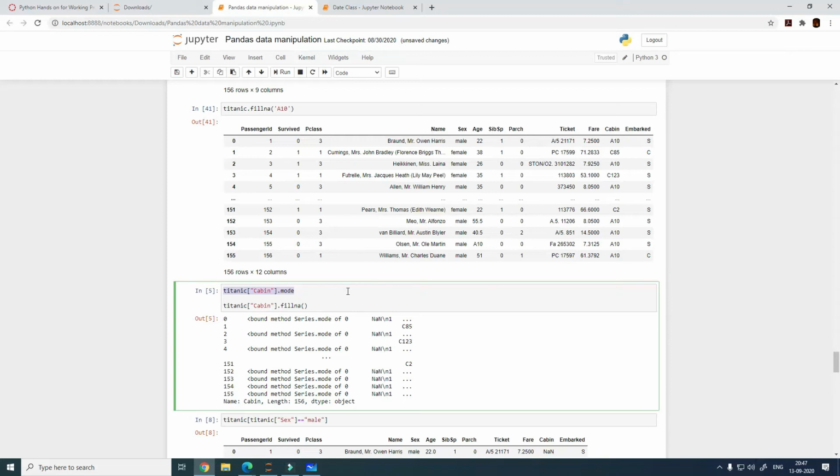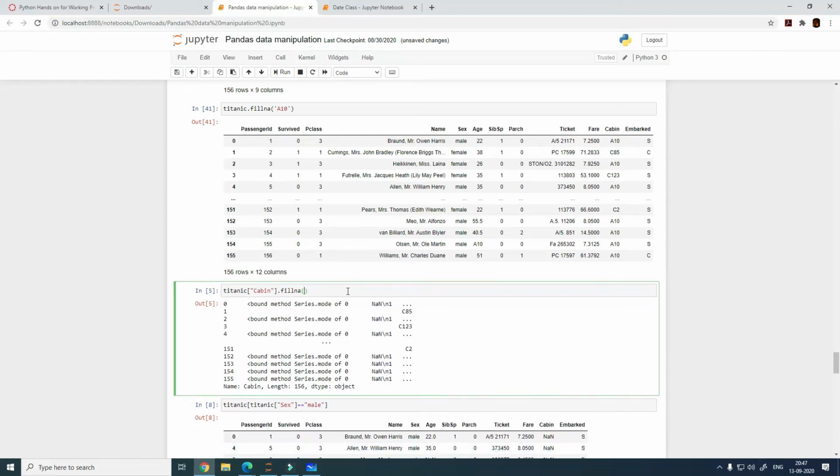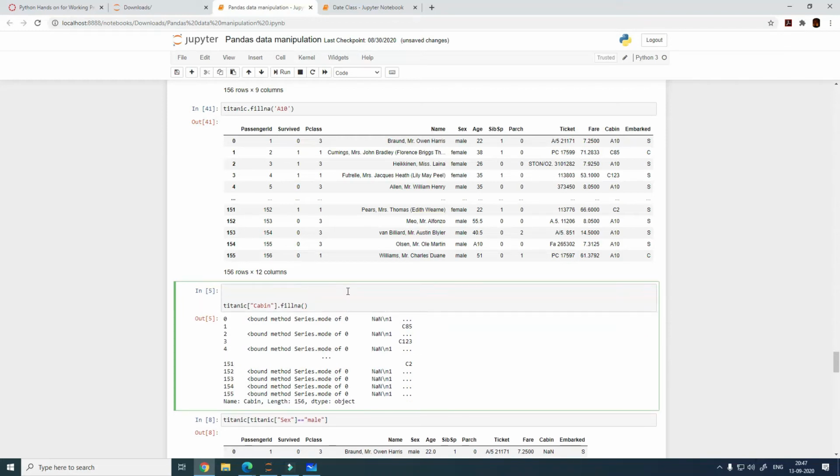The mode of the values of the cabin, which is going to be which cabin is most frequently occurring in this column, right? So we just need to specify this inside the brackets, right? If it looks a little difficult to interpret,